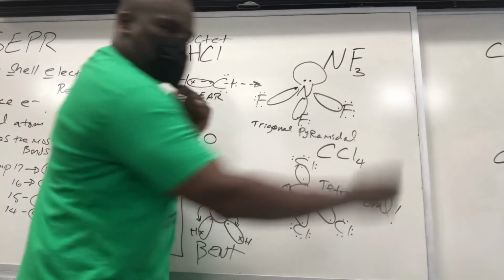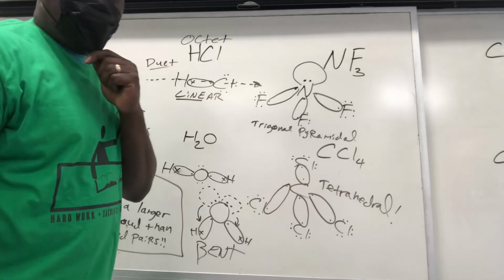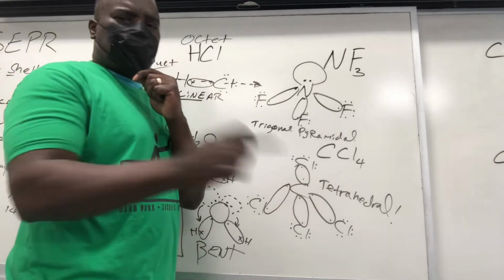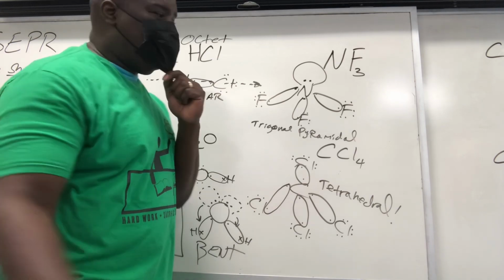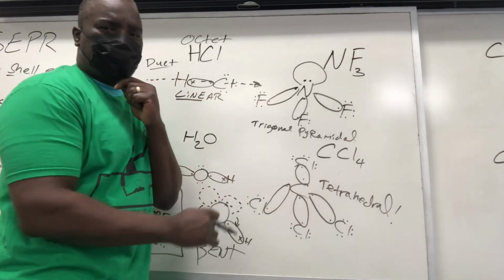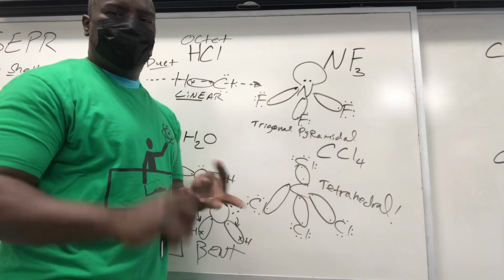Alright? And you're done. Alright guys, the next video we're going to make, we're going to go over some more of these guys. I'm going to go over bond polarity and molecular polarity. But these are the 4 basic shapes that you need to know. Linear, bent, trigonal pyramidal,